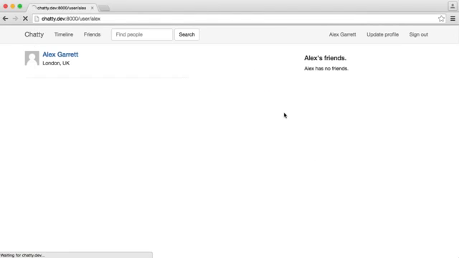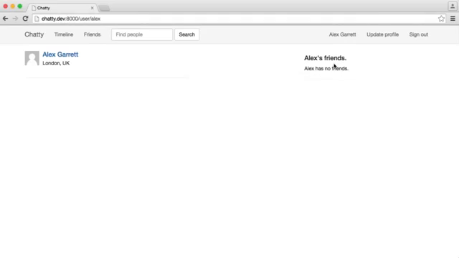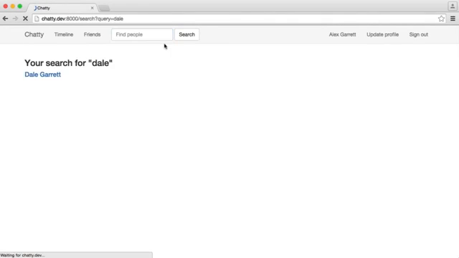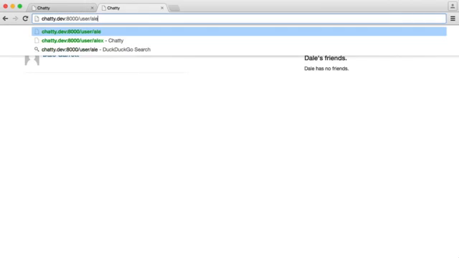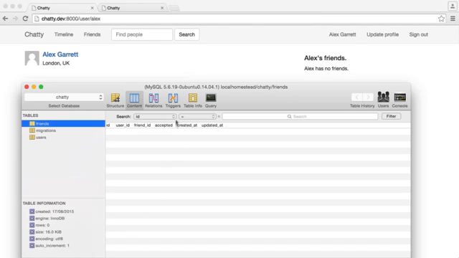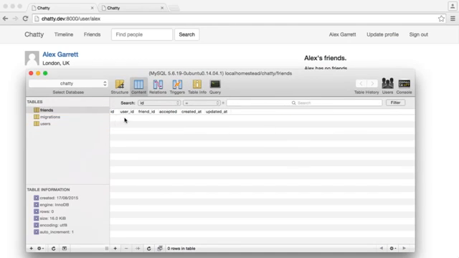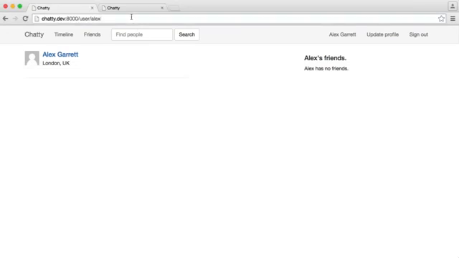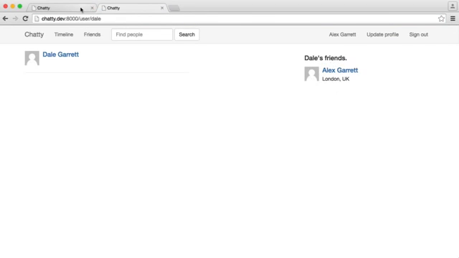We still should see no friends, but what we can now do is we can manually add a friend in, and we can keep an eye on the results here, and we can even go ahead and keep an eye on the results for Dale as well, so Dale's profile. Let's go ahead and just duplicate this and go over to 2 users. So we'll keep an eye on both of these, and then we can even add a third user to test them as well. So over in users, we've got user ID 1 and 2. So if we add in 1 and 2 there, if we hit enter, still don't have any friends, and we still don't have any friends here either because this hasn't been accepted. That was the condition. So if I change that to accepted 1,